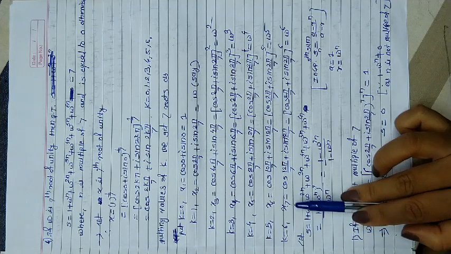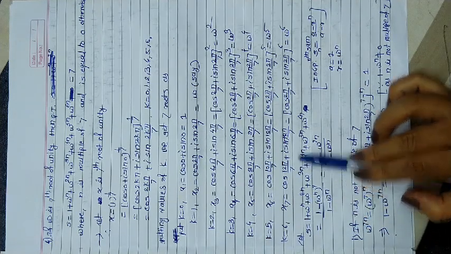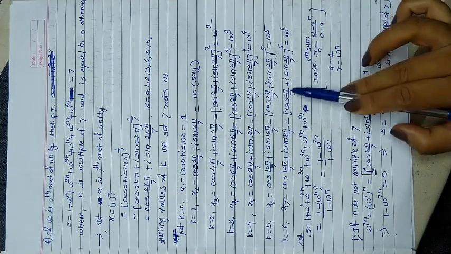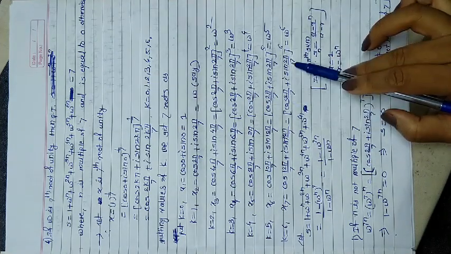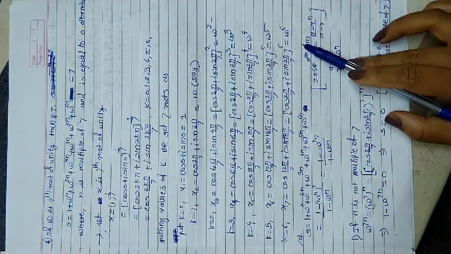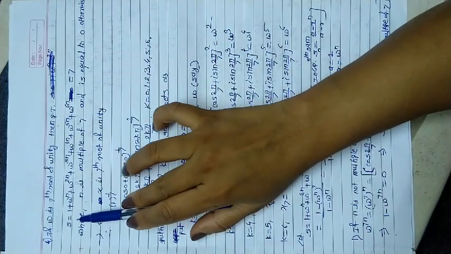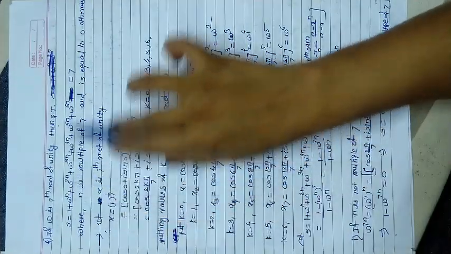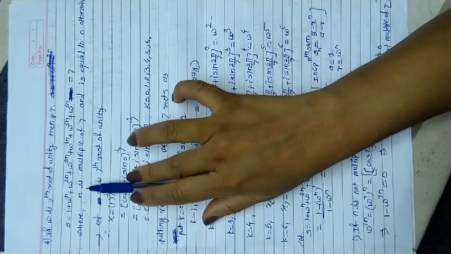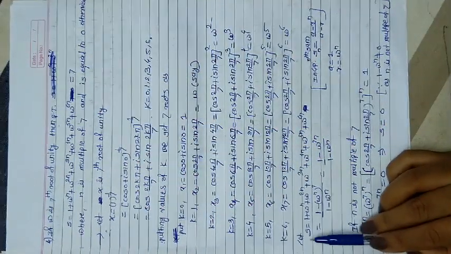We get the last root, the 7th root, that is cos 12π/7. Again take 6 as the index, cos 2π/7 is omega, so this is omega raised to 6. These are the 7 roots we have found already. Now we have to show that the sum is 7. First, we take n as a multiple of 7. Suppose S is equal to